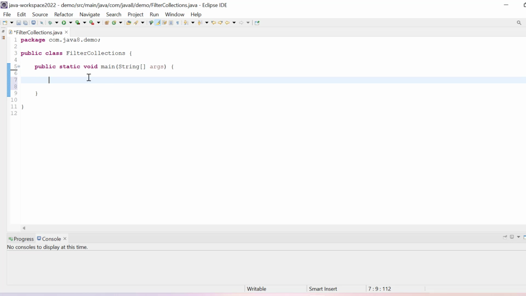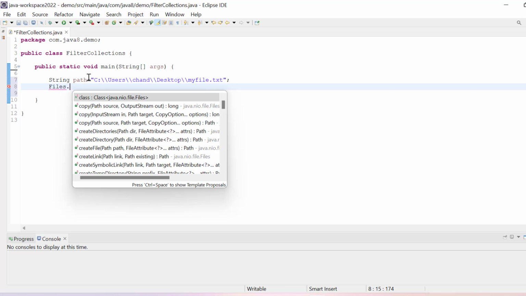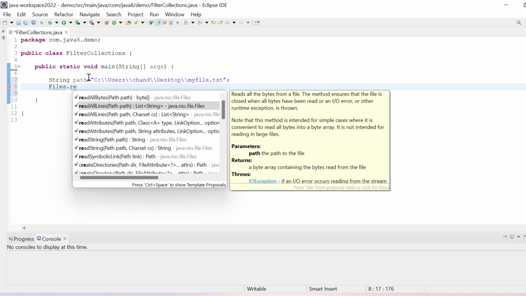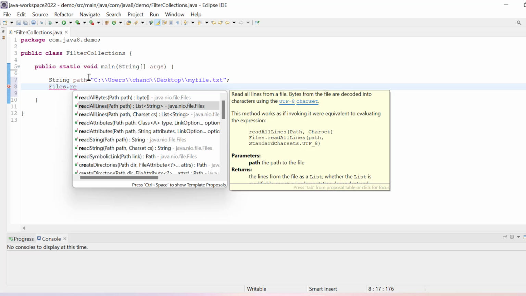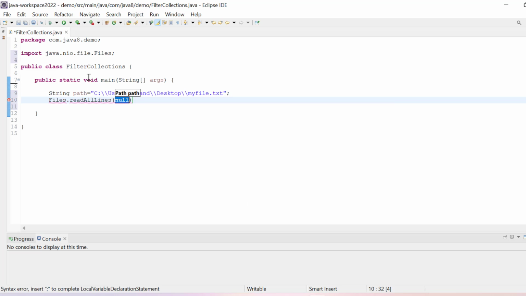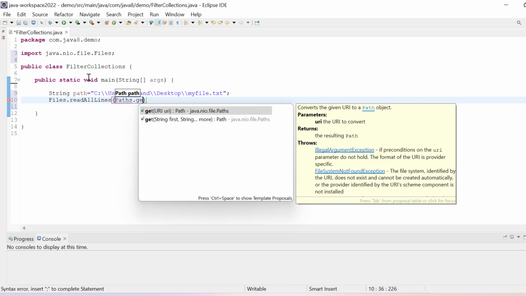So first what we will do, we'll add here a string path equal to, and then here we will paste our path, my file dot txt. This is our file path, and then we will use Files dot readAllLines, and then here you have to pass a path. So basically I'll do Path, and so basically Paths dot get, and here you have to pass